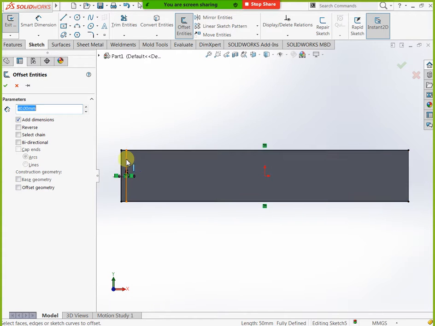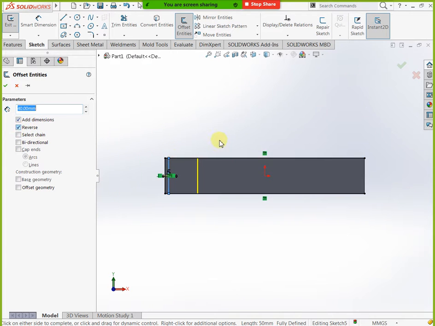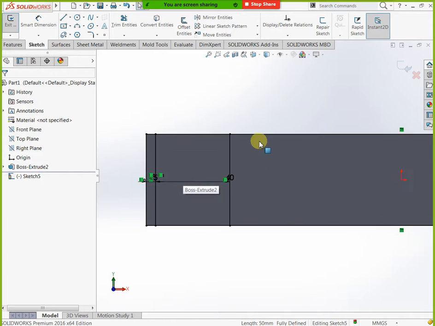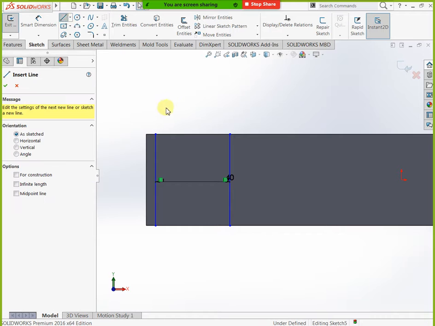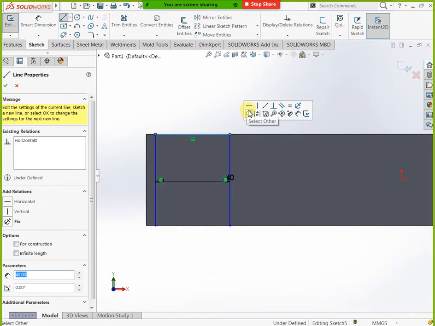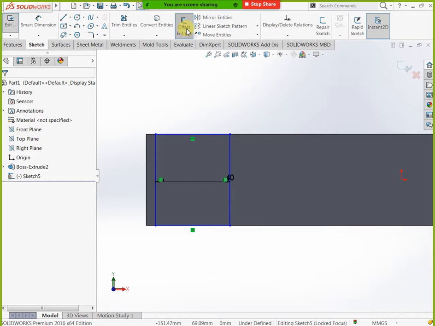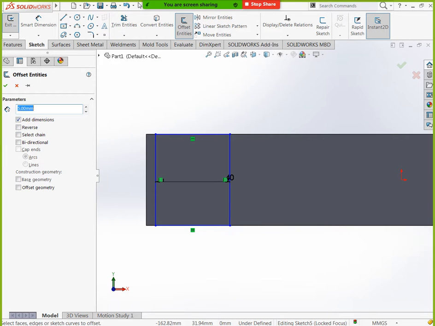Again you can take one. Okay, that's it. Now you can delete all remaining lines. For example, I don't need this line, I don't need this line, I don't need this line also. Okay, just you will take one line here to here. Okay, at the same time here to here. Then you can take offset again. Okay, again 5. Okay, you can mention only one. Again offset, select this one, then okay.